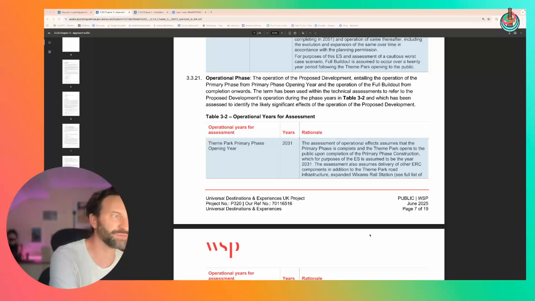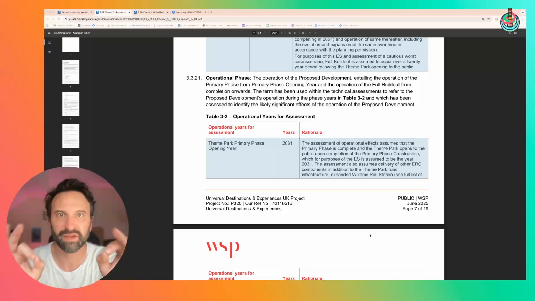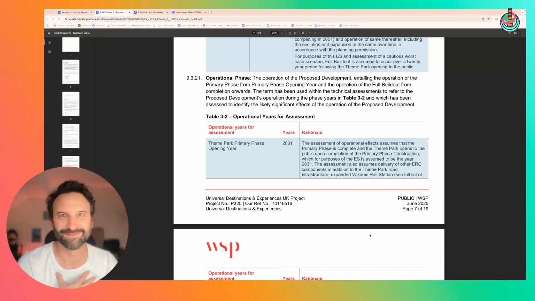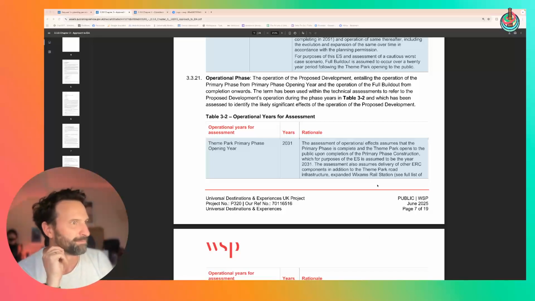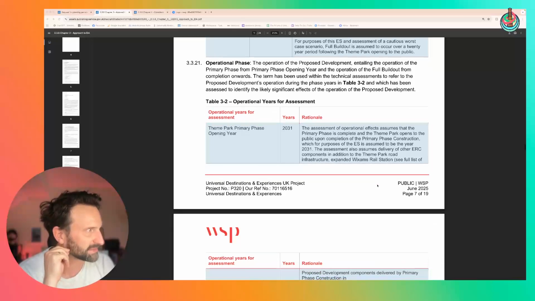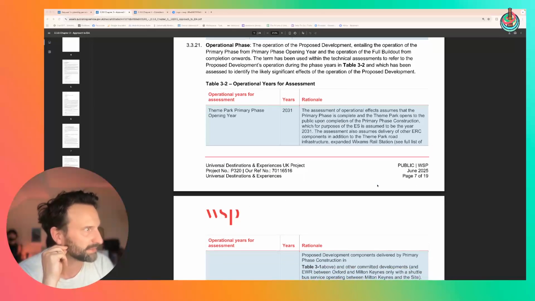All right. The operational phase. Interesting. Okay. 2031. We're going to be there. 2031. Are you excited? Man, I'm excited. Right. Theme park primary phase opening year. The assessment of operational effects assumes that the primary phase is complete and the theme park opens to the public upon completion of the primary phase construction,